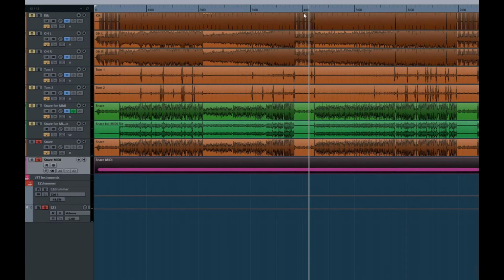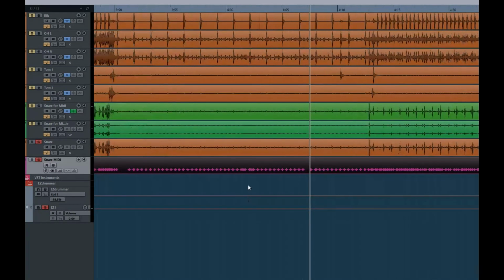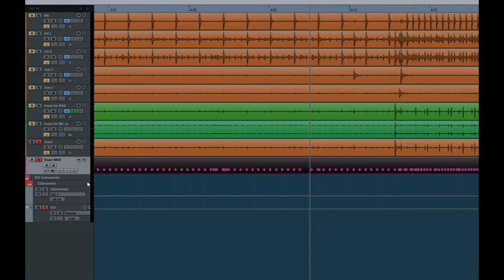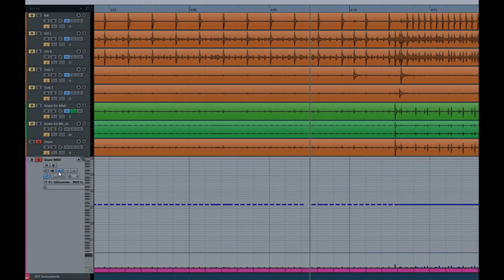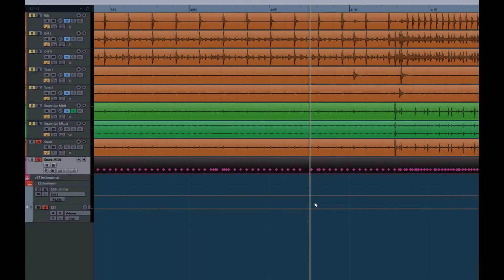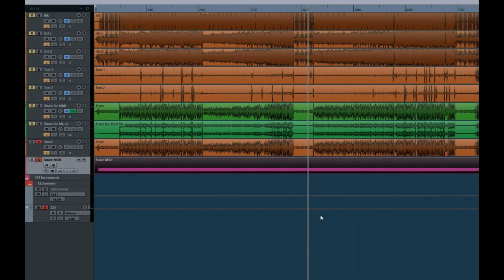It's always worthwhile, if you get really quiet bits, just going back and doing a quick sanity check to make sure that you're not blatting snare parts out where you don't want them. That really doesn't look too bad, but if I did have stuff there that I didn't want, I can always go in and remove it quite simply, or go into the editor itself and do it. That was just the edit in place option that you get in Cubase. So there you go. Not exactly one easy step,